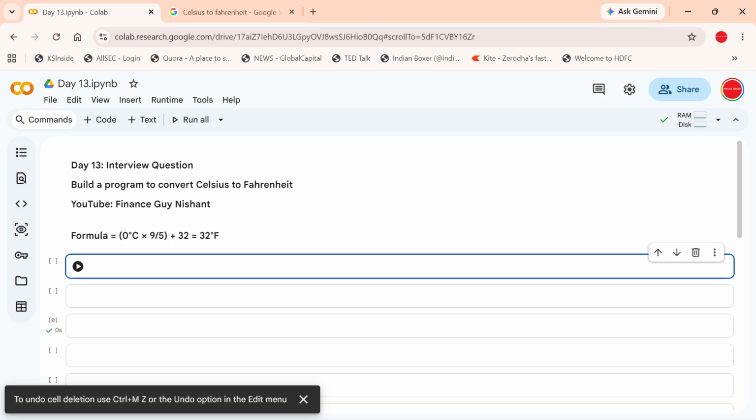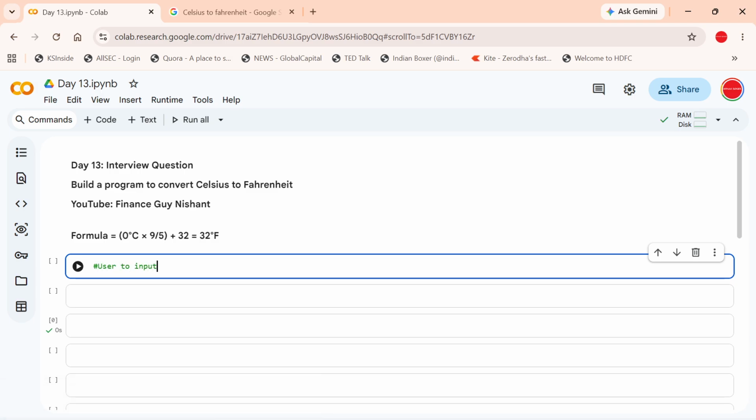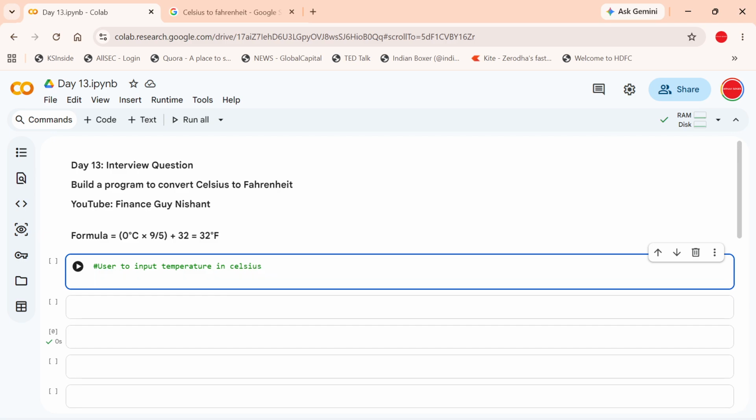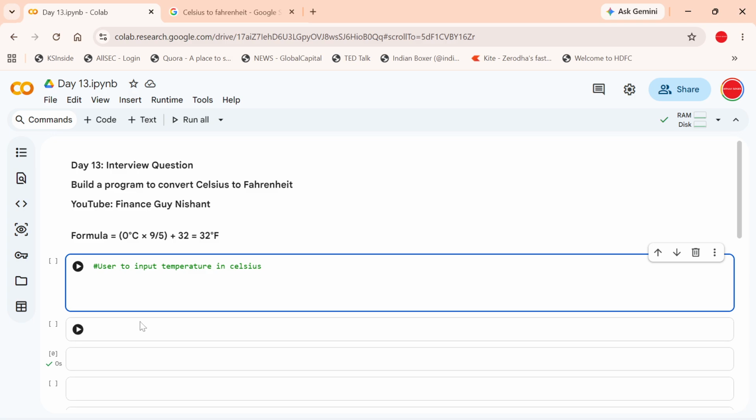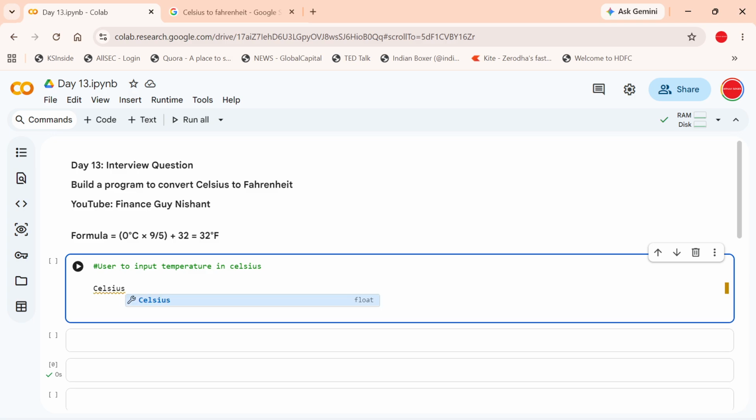So we'll be needing the user to input the temperature in Celsius, right? And our program should calculate the Fahrenheit temperature. So we all know what's the formula here. So I'll probably say, okay, Celsius would be a user input, which obviously could be in decimals. So I'm going to say float, right? And I want the user to input that, right? I can say please input, my bad, input the temperature in Celsius,